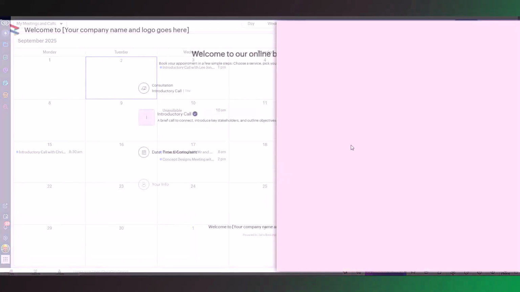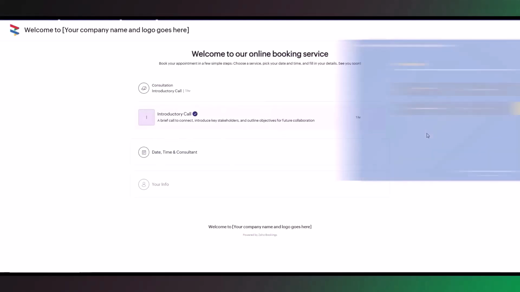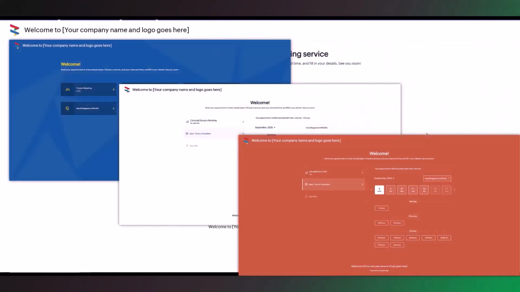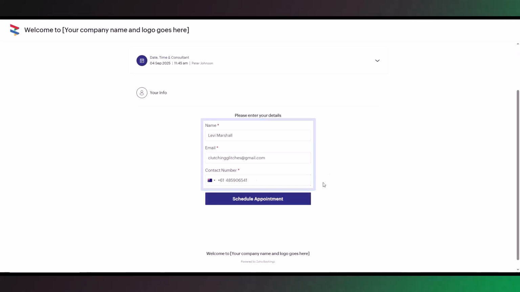When the client clicks on this button, they will be redirected to your Zoho Bookings page. You can create different booking pages for different types of meetings, including the style, branding, and rules around times and fees if applicable. When the customer chooses their preferred meeting, it will prompt you to enter your details, then schedule